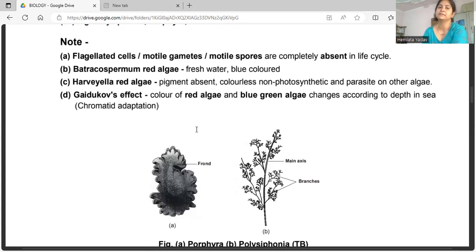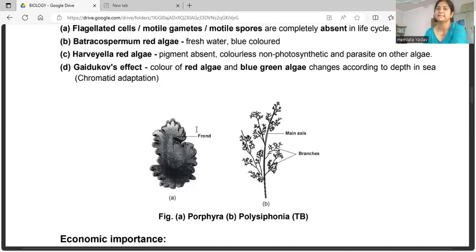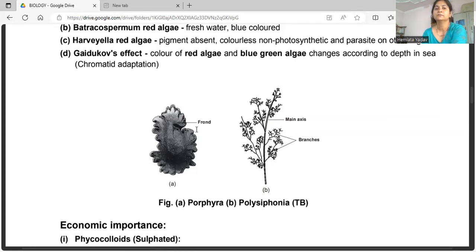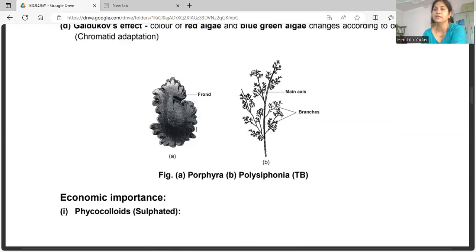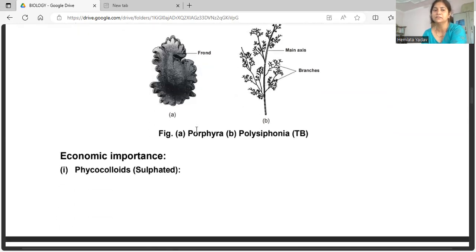Polysiphonia, Porphyra, Gracilaria, and Gelidium are examples. Flagellated cells, motile gametes, and motile spores are completely absent in red algae life cycles. This is the important point: in red algae, flagellated spores are absent. Batrachospermum is a freshwater, blue-colored red alga, and Harveyella is a red alga without pigment, colorless, non-photosynthetic, and parasitic on other algae. The color of red algae and blue-green algae changes according to the depth of the sea, which is called